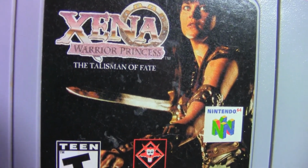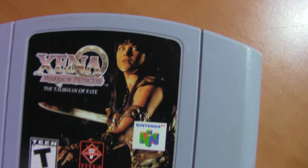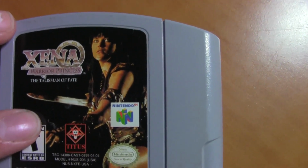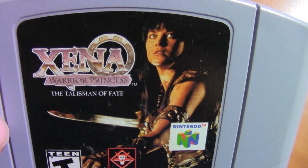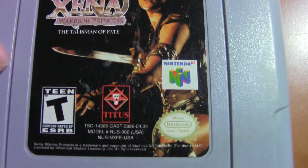Xena, Warrior Princess, The Talismans of Time. This is a fighting game. It's not too bad a fighting game. The special moves are pretty easy to do once you figure out how to do it. I remember a lot of people saying they didn't like this, but I liked it, I guess, just because it was Xena, and I was willing to forgive it. Mainly because of the weird, funky controller, but...